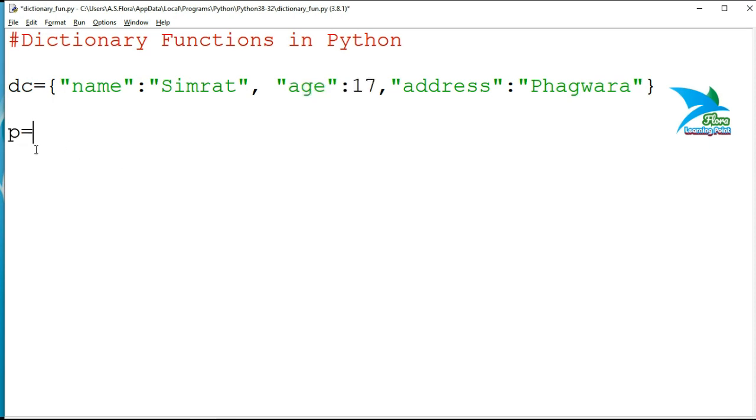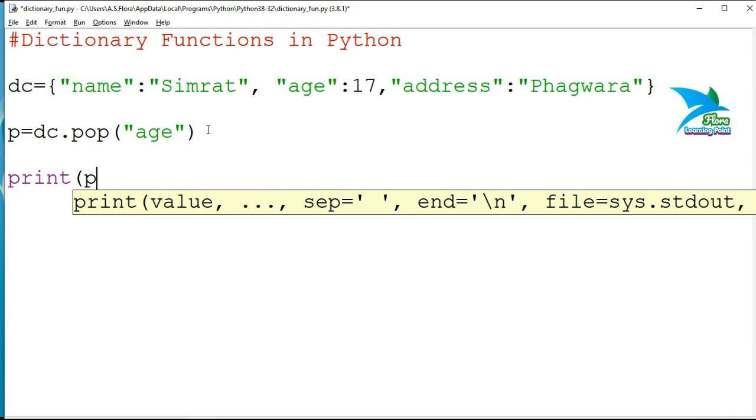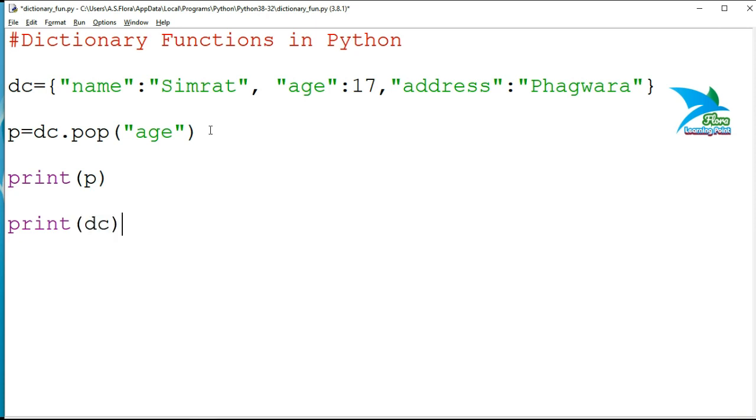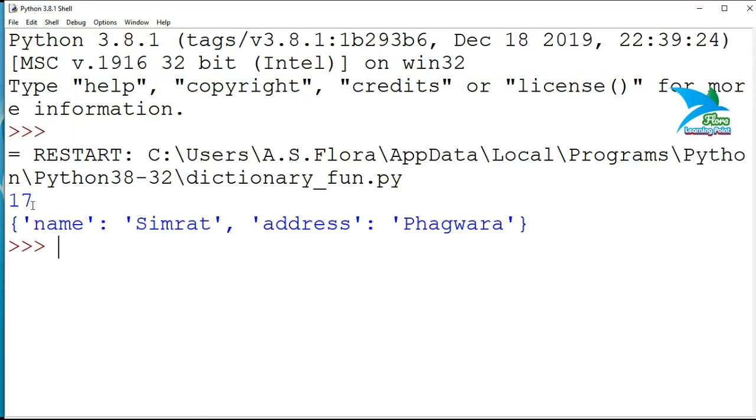So let's discuss. Presently I'm having this dictionary. I want to remove the age key-value pair from the dictionary. So I'll specify p is equal to dc dot pop function. Then I'll specify the name of the key, that is age. This function will return the value of this key, and after that it will remove that particular key and its value from the dictionary. I'm going to print the value of p, and then also print the elements of the dictionary. p will return the value of this particular key, and the dictionary will show you the present elements available inside the dictionary. So run this